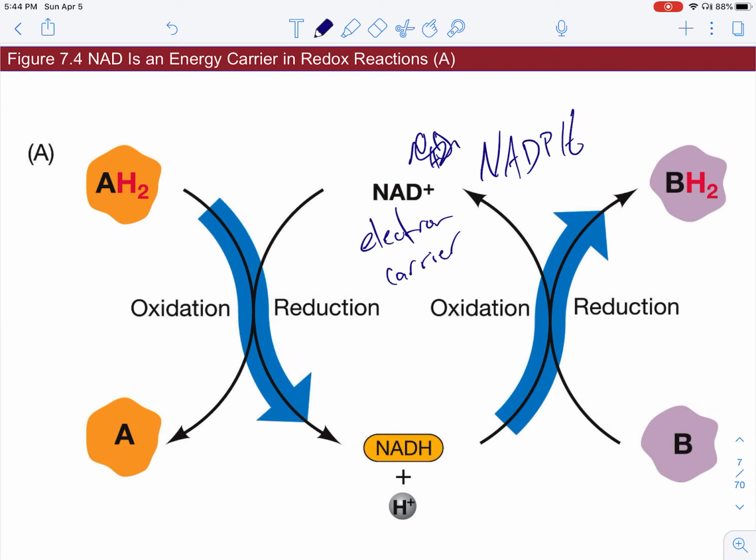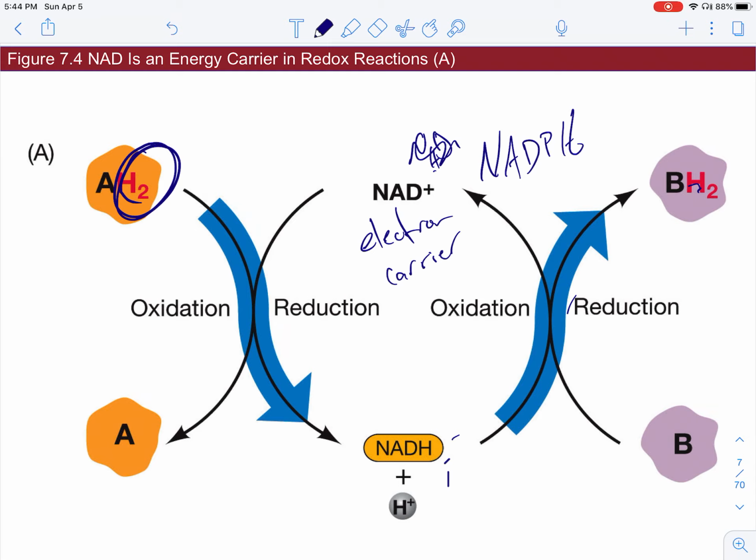The electrons are passed in the form of hydrogen atoms to NAD plus to form NADH, and then that NADH can go someplace and pass them on. What we will see is that in glycolysis and pyruvate oxidation and the citric acid cycle, the electrons from the glucose are passed to NADH and then another electron carrier, FADH2,